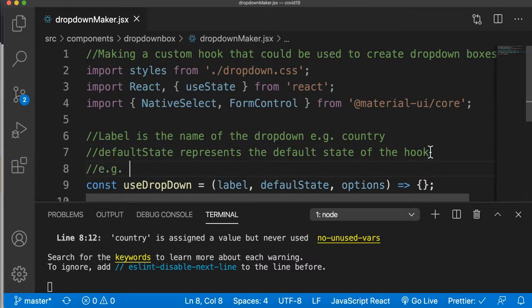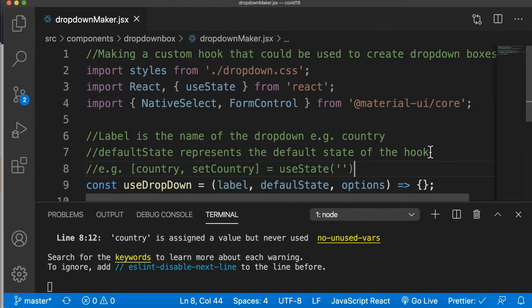For example, if we have a country and then we have set country and we use this useState like that, so here the default state is needed, and that default state could be any country, or you could just give it